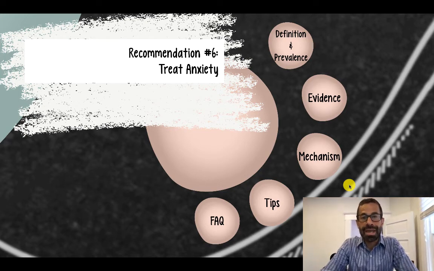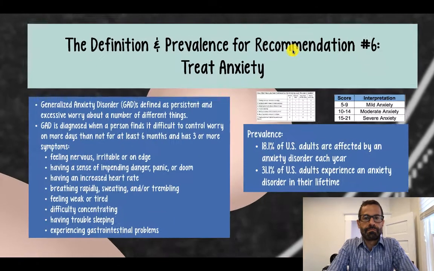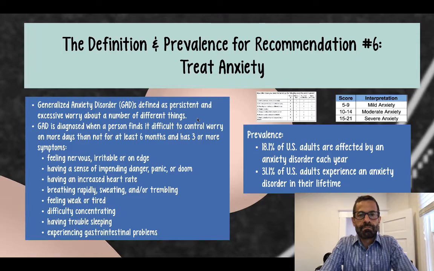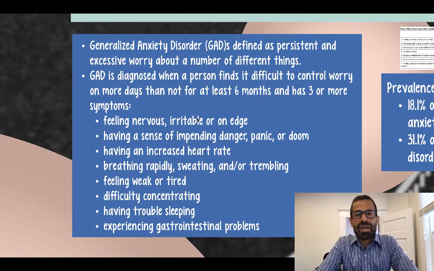Let's take a closer look at the definition and prevalence of anxiety. Generalized anxiety disorder, which is what we're talking about when we refer to anxiety, is defined as persistent and excessive worry about a number of different things. GAD, or generalized anxiety disorder, is diagnosed when a person finds it difficult to control worry on more days than not for at least 6 months and has 3 or more of the following symptoms: